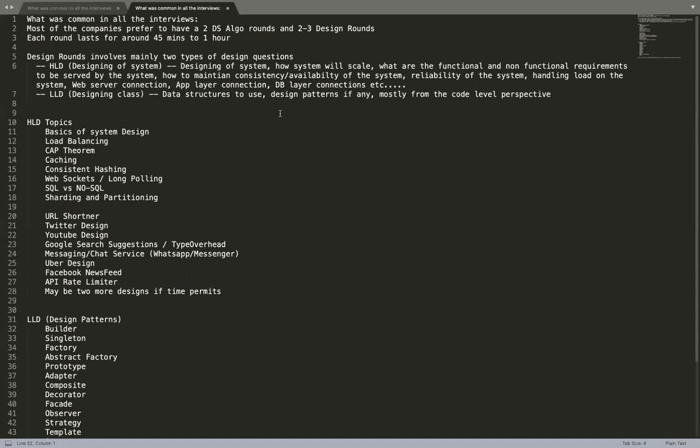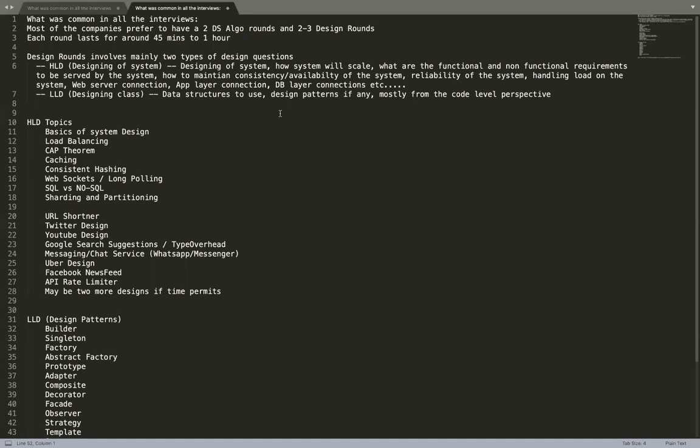Then the next 2 to 3 rounds, generally they talk about the high level design and the low level design, because if you're not a fresher, you might be hired for a senior position, or as a software